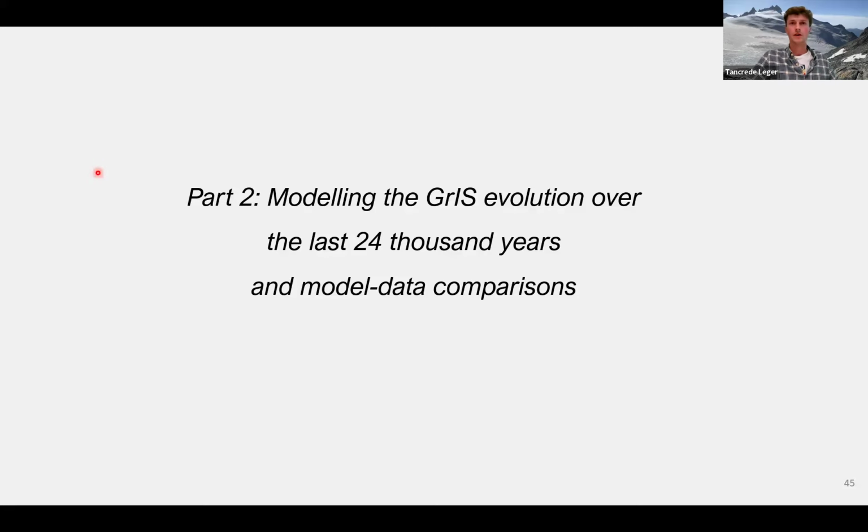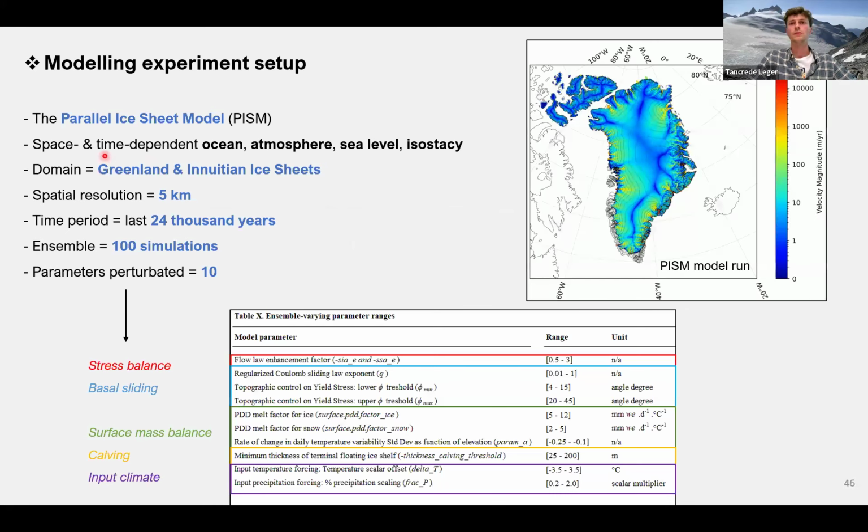So part 2 is about modeling the ice sheet evolution over the last 24,000 years and doing some model-data comparisons. The setup of this experiment is that we use the Parallel Ice Sheet Model, PISM, which is reasonably fast because it doesn't use high-order or full Stokes ice physics, but is based on a hybrid model. It has the shallow ice approximation for the ice column, and then at the base it uses the shallow shelf approximation,